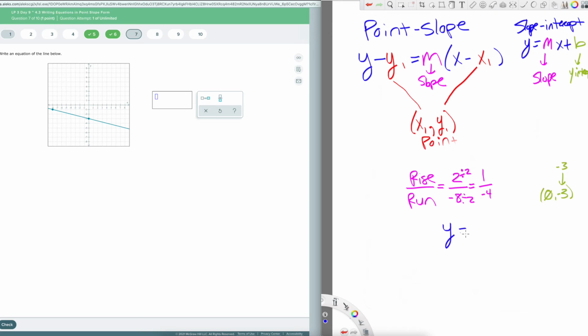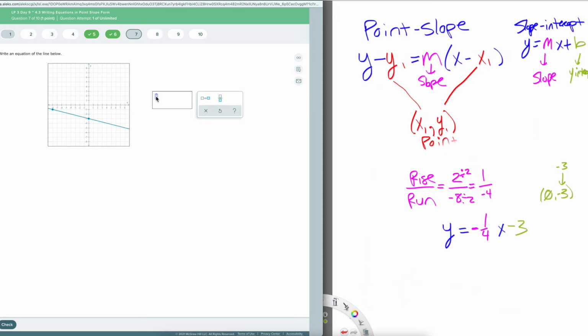When you type this in, they are going to expect to see the negative in between here, like this. So Alex will give you a little bit of grief about it if you don't put it there. It's not going to mark it wrong if you put it on the top or the bottom. It's just going to give you a little grief, because it's the proper way to write a fraction. So just keep that in mind. If you see it giving you grief about the negative needing to be in between,